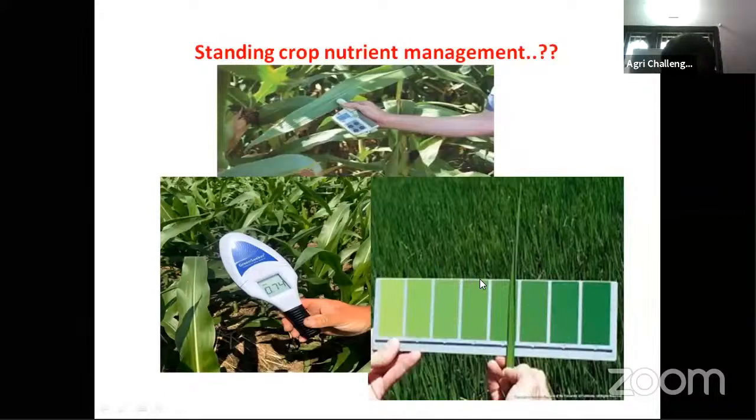That indicates the level of chlorophyll content, meaning this color is sufficient, this is moderate, this is low. Based on this we estimate. These are field-level handheld devices to estimate on field, on site, and in real time.